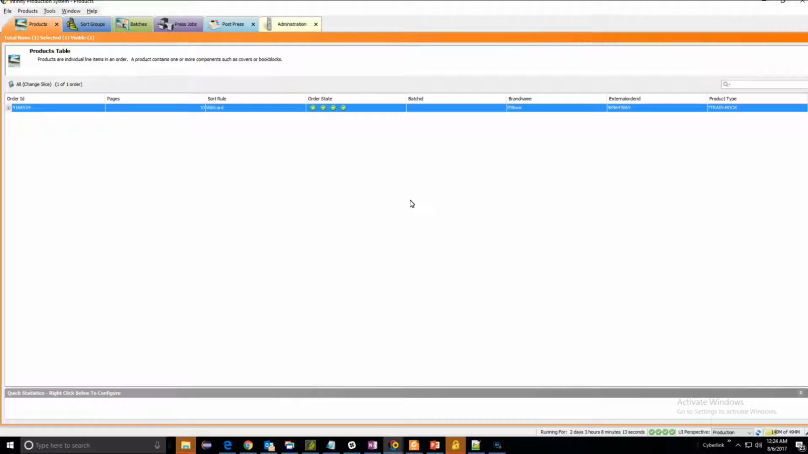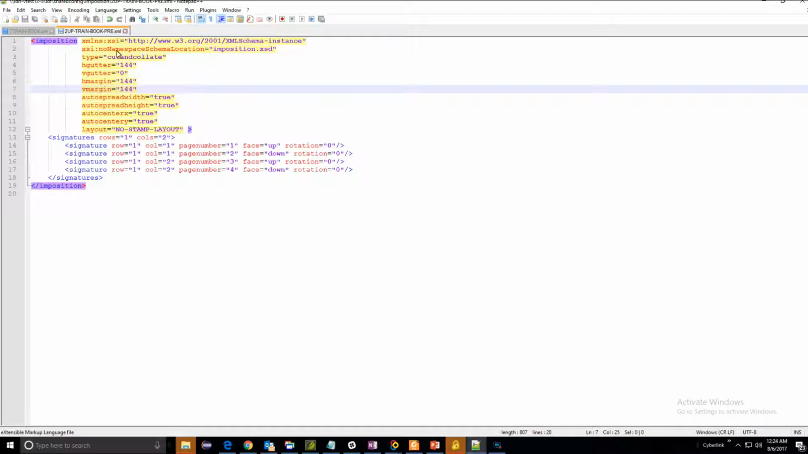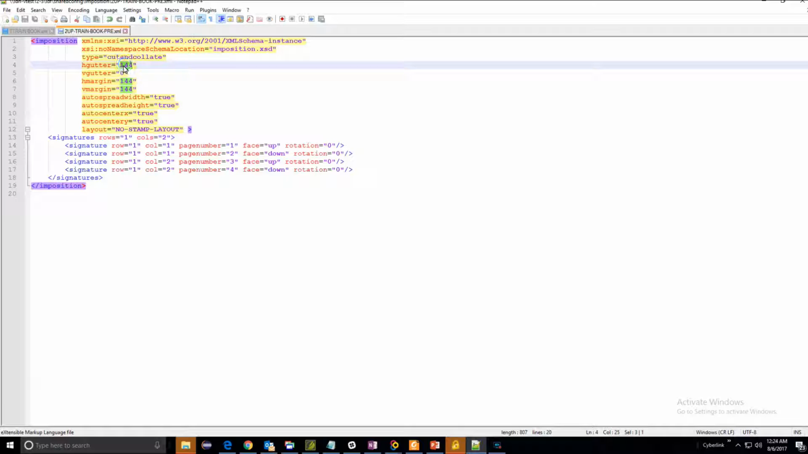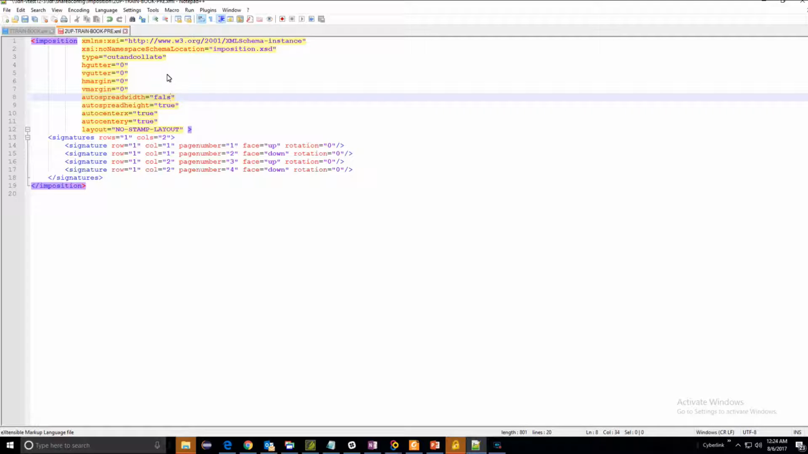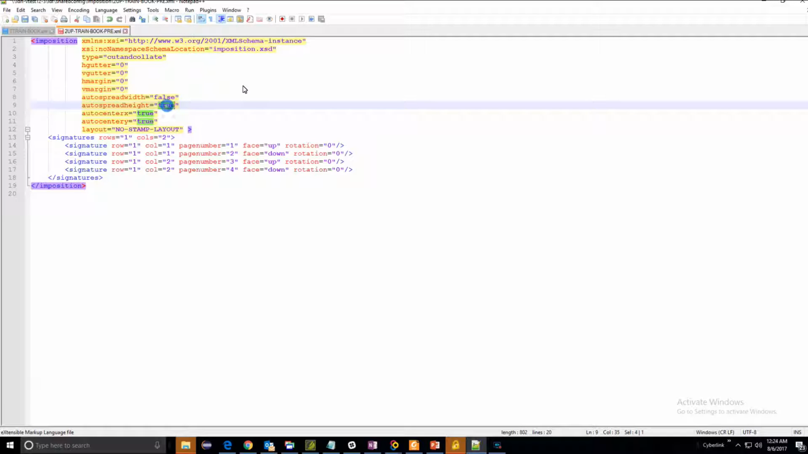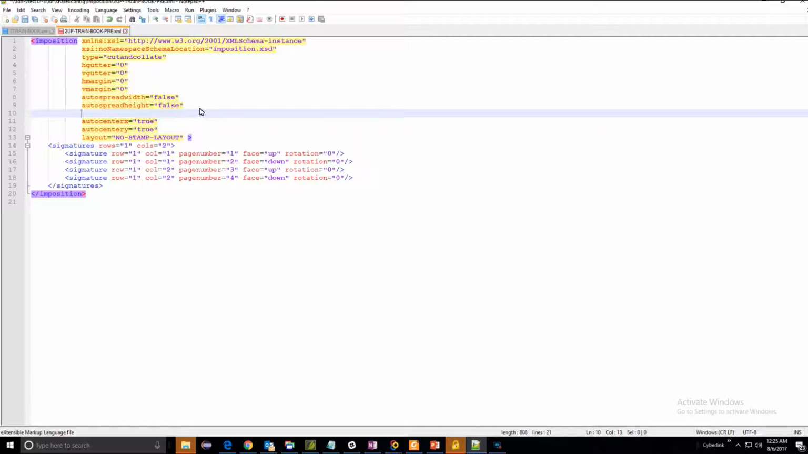Now, let's say that we want that to be a very specific size for the spread. When that's the case, we need to come back to our imposition. We're going to go ahead and set these back to 0. And we're going to turn off this auto spread width and height. So we'll set that one to false. We'll set the height to false. And now we need to add 2 new attributes to our imposition. The first one is going to be